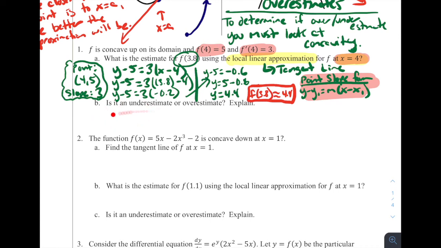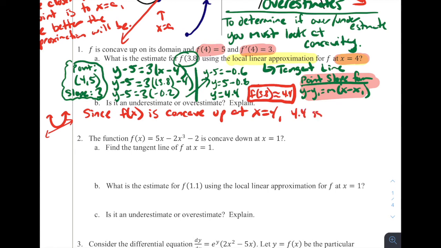All right, next, B. Is this an underestimate or an overestimate? As we said before, in order to determine if an estimate is over or under, we have to look at the concavity. Because f of x is concave up at x equals 4, we know that in cases where it's concave up, if I draw a little concave up function and I draw my little tangent line, that tangent line is below the function. So 4.4 is an underestimate